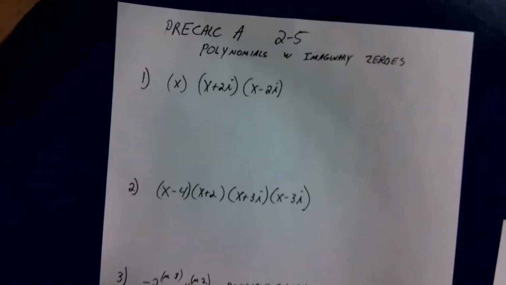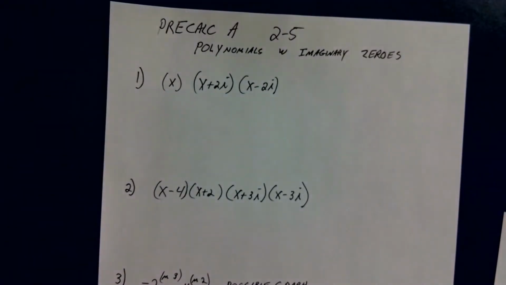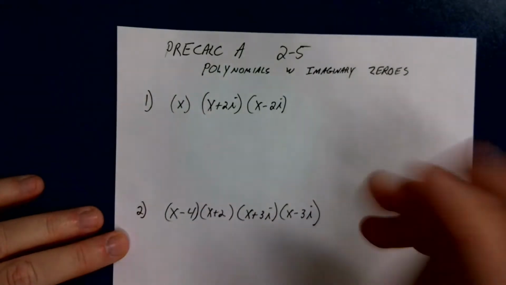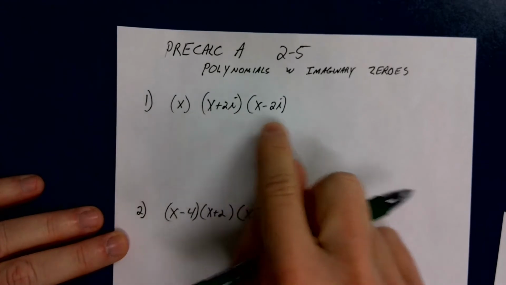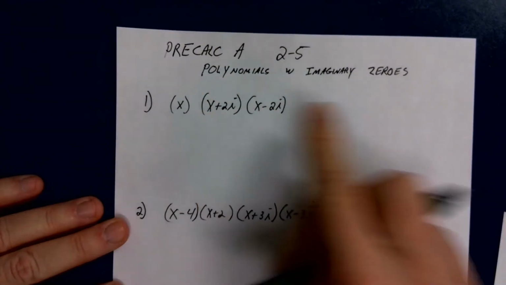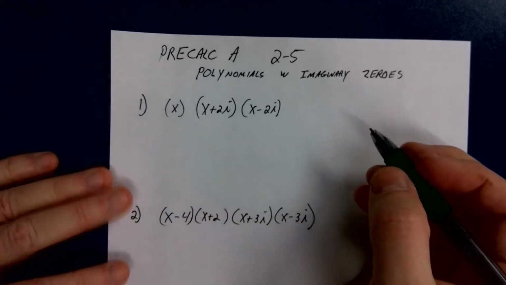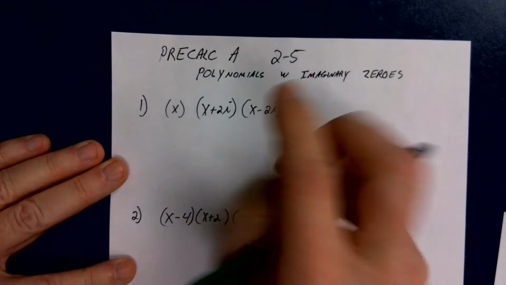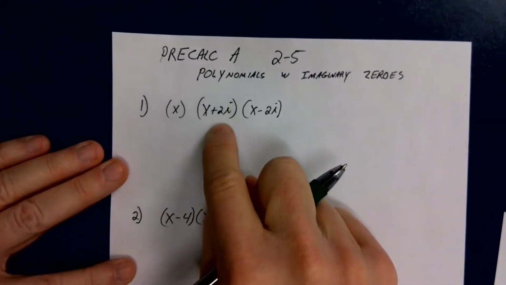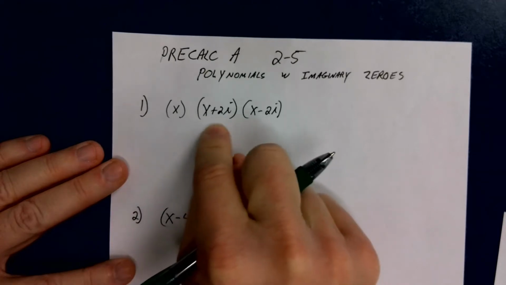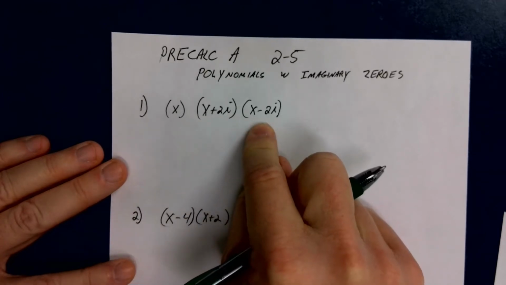Okay, we're going to start off with this right here. So I've got these three factors, x times x plus 2i times x minus 2i, and we're trying to find the polynomial in standard form from this. Well, you could just multiply these things together, and just a reminder, if negative 2i is a solution, then positive 2i would also have to be a solution, because